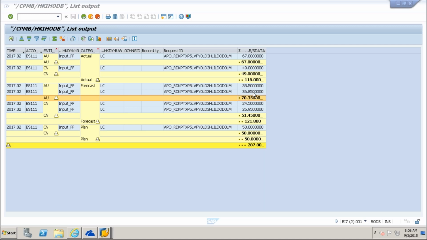Why? Because the fundamental rule of this cube in BW is that there is no override functionality for a cube. Always it is additive functionality. When we go to the BW side, we can see that in the cube.